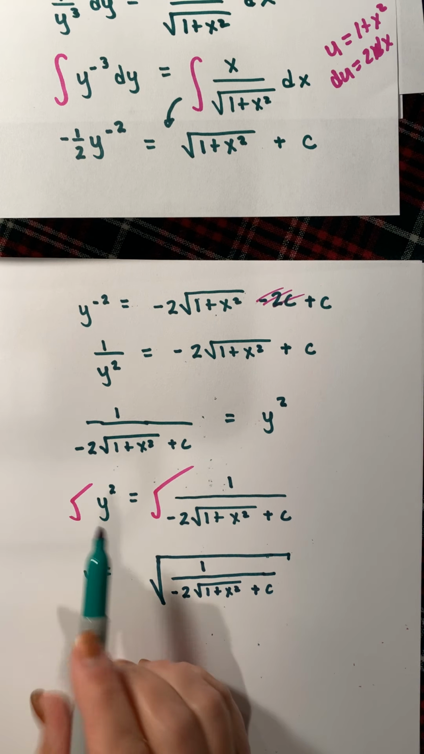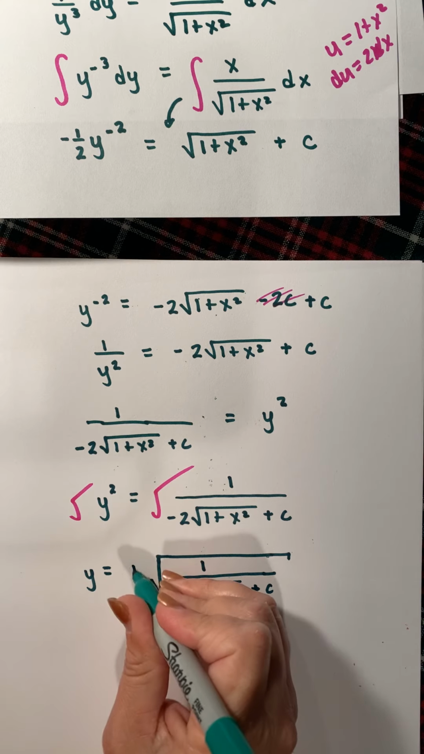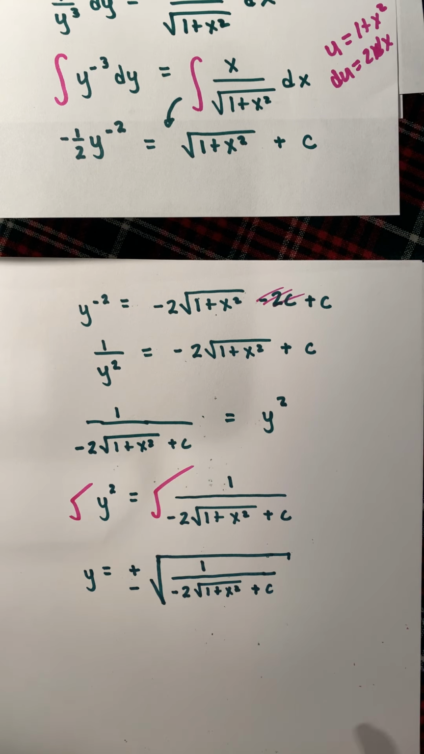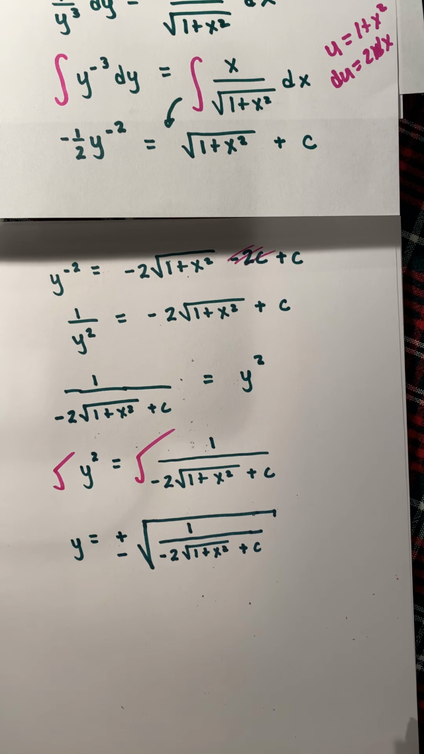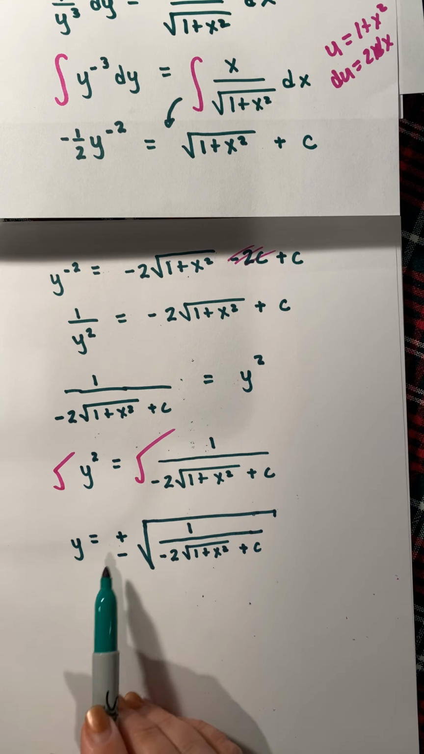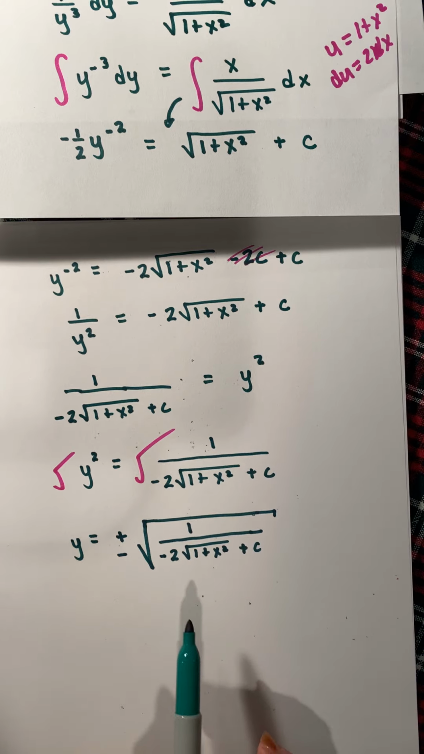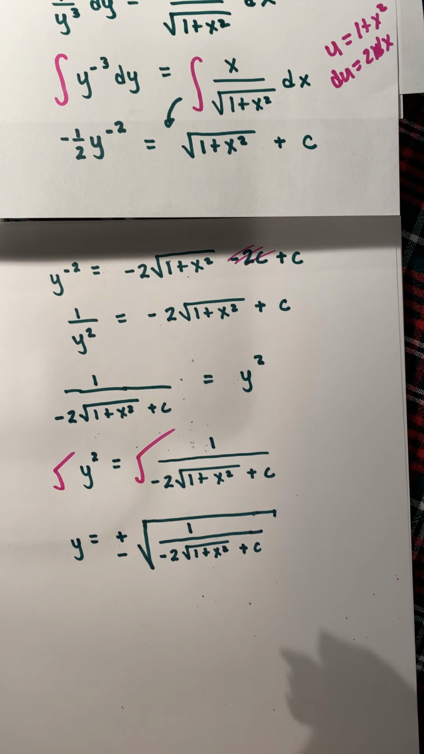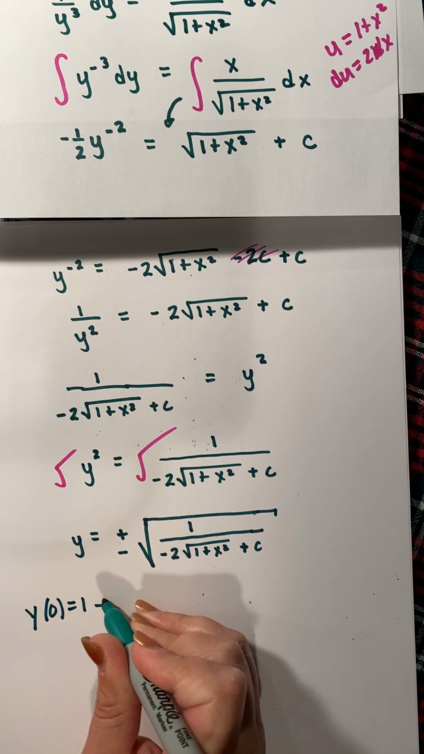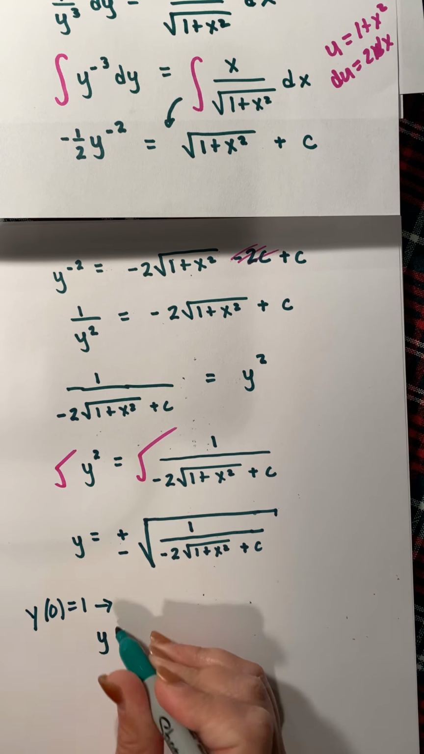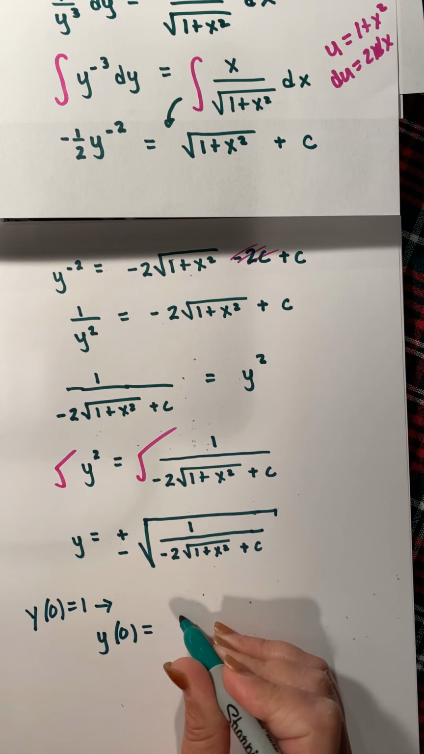Remember, when you take the square root of something squared, you get plus or minus. Now we're looking for just one solution to this differential equation. So here we have to take into consideration our initial condition. Is it going to be plus the square root of this whole mess, or is it going to be minus the square root of this whole mess? Well, we're going to apply the condition y of 0 equals 1. So that tells me when I put 0 into the right-hand side for x,